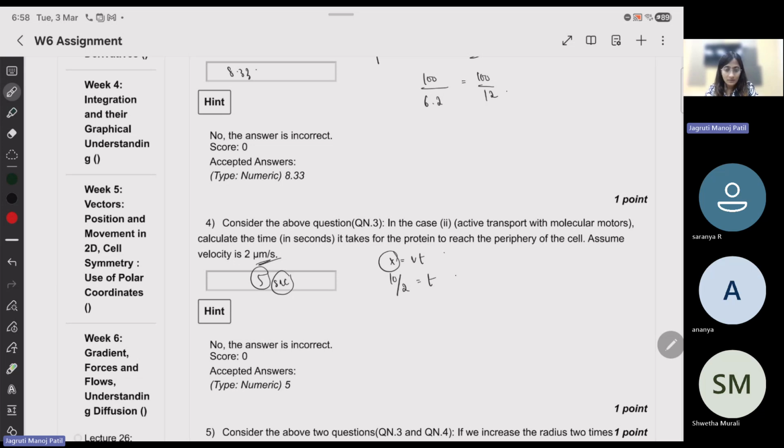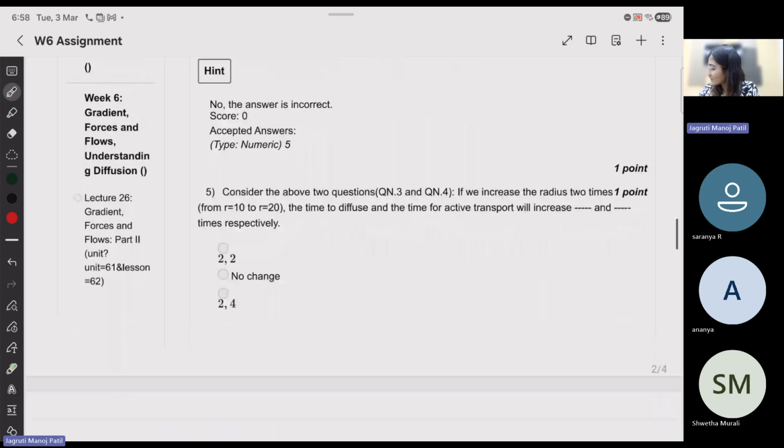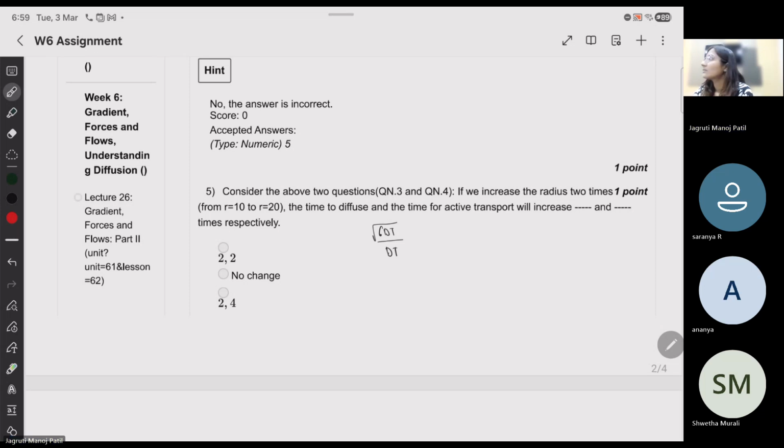Where did my screen go? Okay, next question. Consider the above two questions, Q3 and Q4. If we increase the radius 2 times from this to this, the time to diffuse and the time for active transport would be what? So in one case, you had 6dt. The other case, you have dt. And you were trying to change the radius. So here it's like square root of it, because it's,